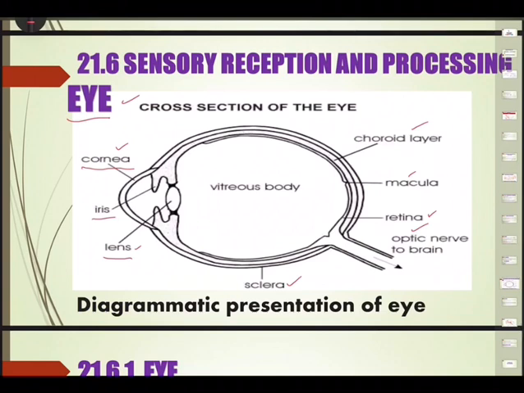Eyes consist of tissues present in 3 layers. The outer fibrous layer is the sclera, and its opaque outermost covering maintains the shape of the eyeball. What is the function of the sclera? Maintenance of the shape of the eyeball.